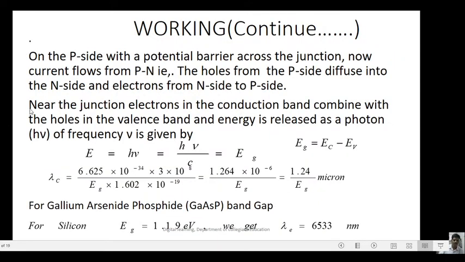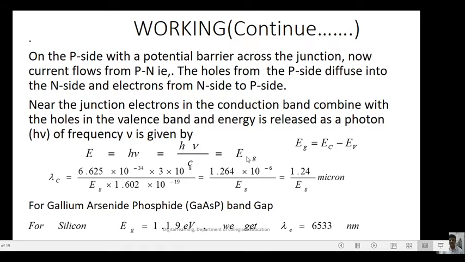Working of LED. On the P side with a potential barrier across the junction, now current flows from P to N, that is, the holes from the P side diffuse into the N side and electrons from the N side to the P side. Near the junction, electrons in the conduction band combine with the holes in the valence band and energy is released as a photon h nu of frequency nu, given by E equals h nu equals h c divided by lambda, where h is the Planck's constant, nu represents the frequency of the emitted light, c is